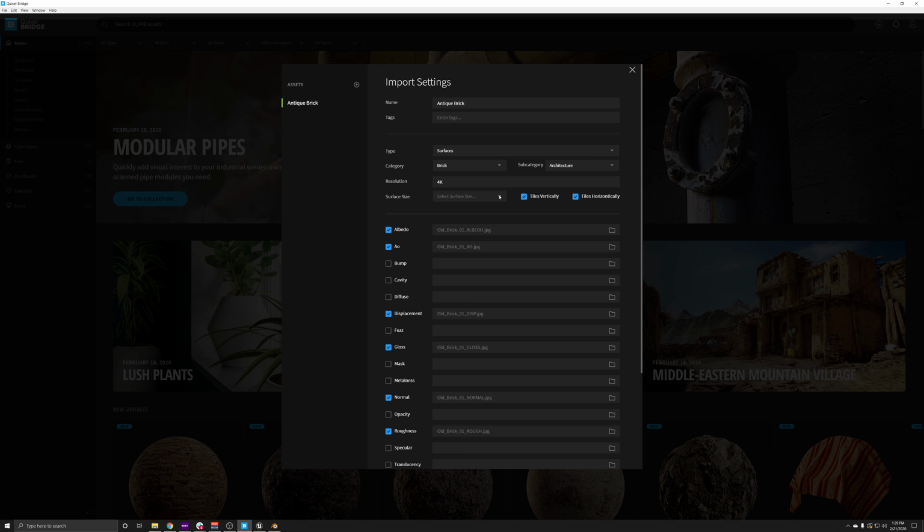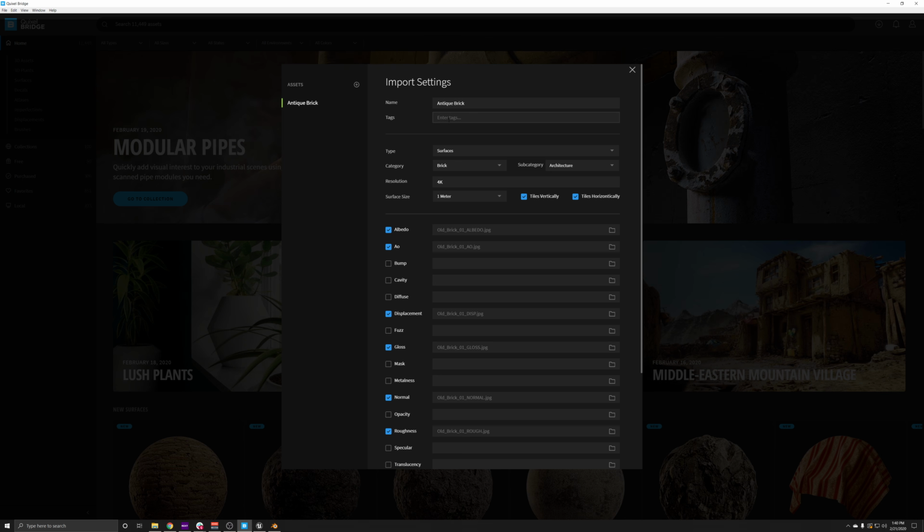There we go. And the surface size, you can specify this to whatever you want, but be sure that you know the scale of what your asset is, especially if it's a surface. You want it to be scaled properly. This asset is technically more like 1.15 meters maybe in reality, whatever that conversion is into feet, because I'm in the U.S., so it's all feet here. So, but anyway, the freedom units, other units. Freedom units are imperial. Yeah.